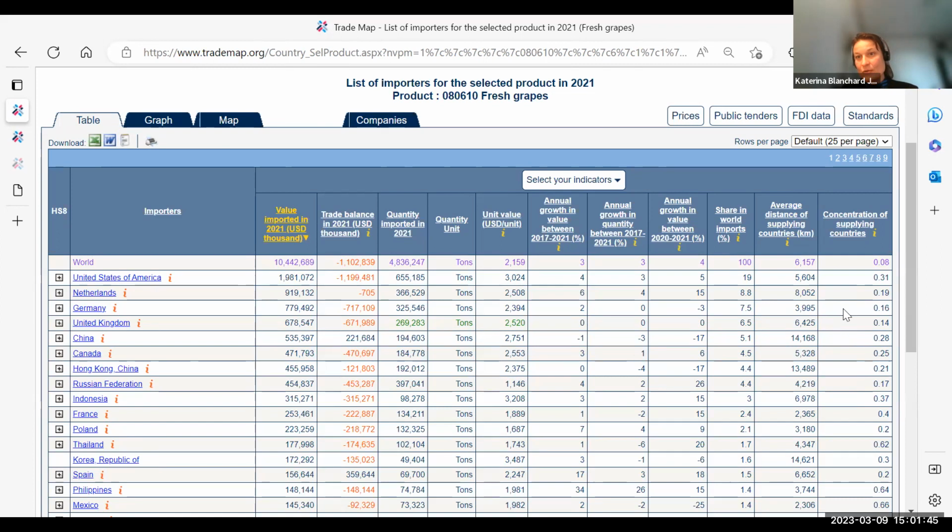So we would obviously be interested in knowing more about what is happening on each particular market. For that, we pick, for example, the Netherlands, because we know that Maria's client is interested in the European markets. And if we click on the Netherlands,